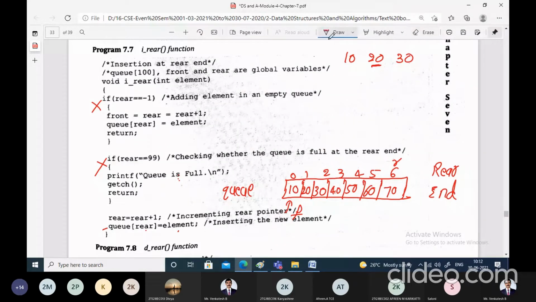Now this is the scenario. This is the scenario when you have inserted these many elements from the rear end, from this end. Now you don't have space from the rear end. We are not allowed to insert some more elements from the rear end of the double-ended queue. It's not possible. But still, let us check that condition from the